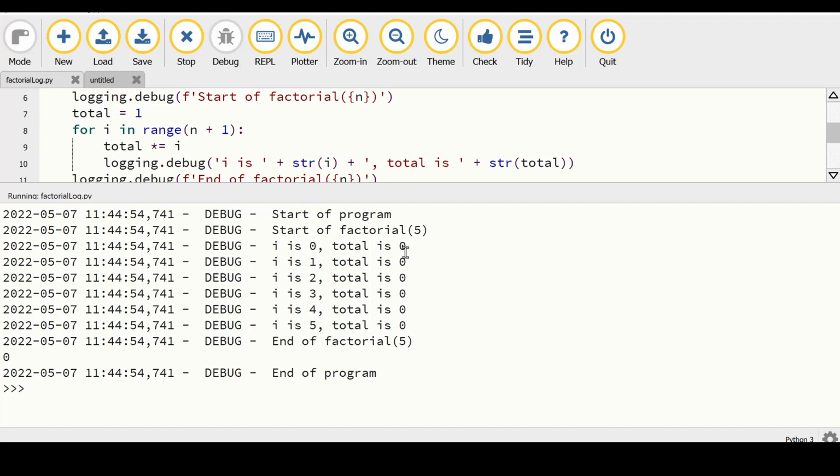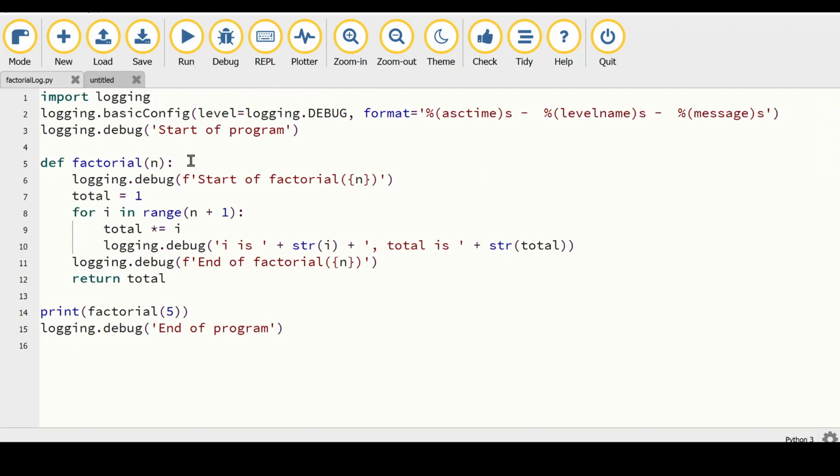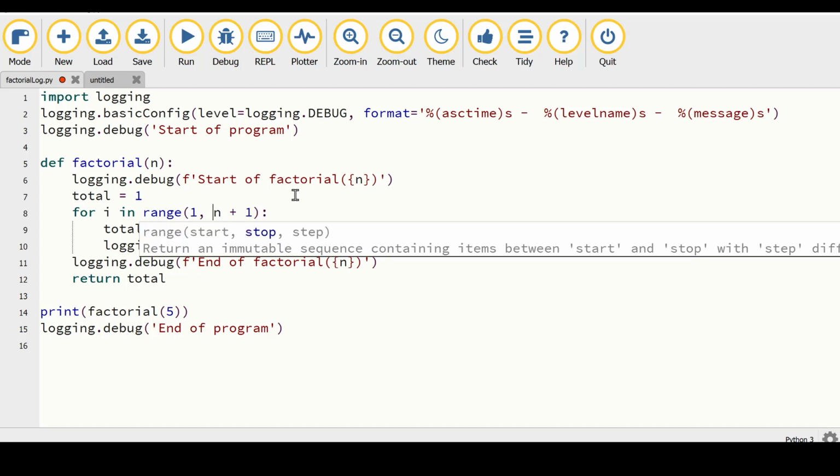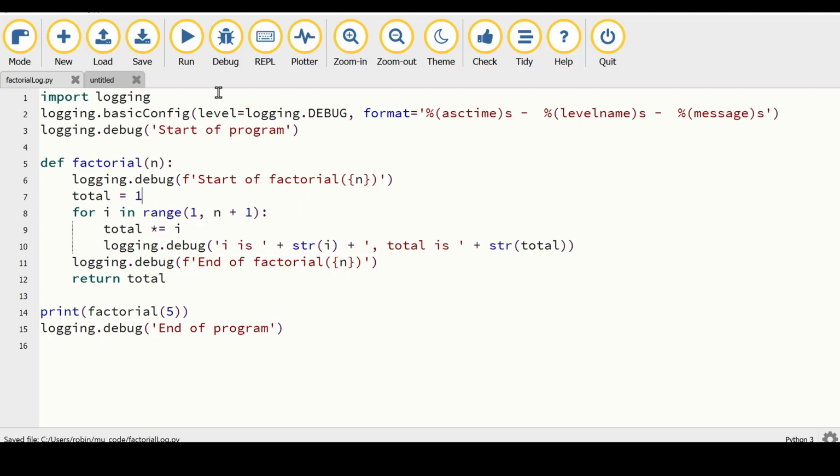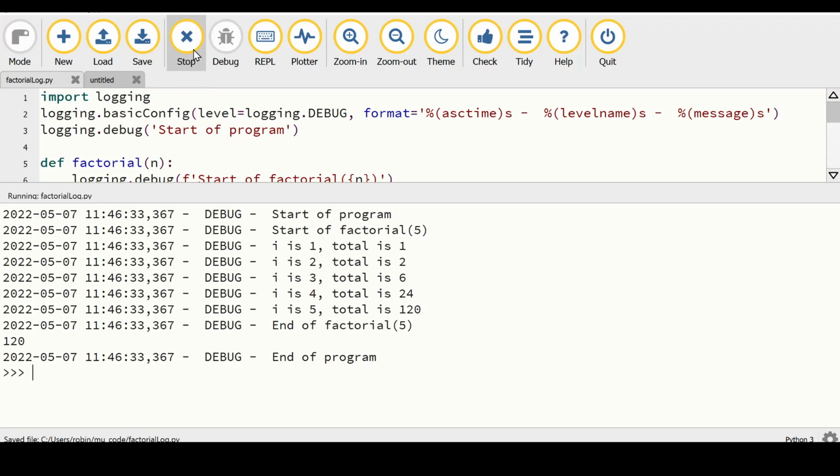And debugging helps us to actually find the error that's going on here. So we can see it's always 0, and the reason for that in this case is that we are starting from a value of 0 by calling the range function. So if we do a small modification and we start from 1 all the way up to n+1, then it should be working properly. So as we run our program again, we can now see that the total value is